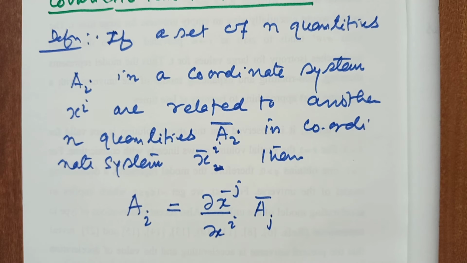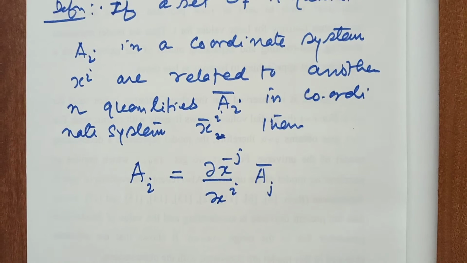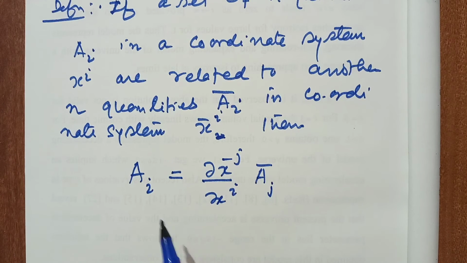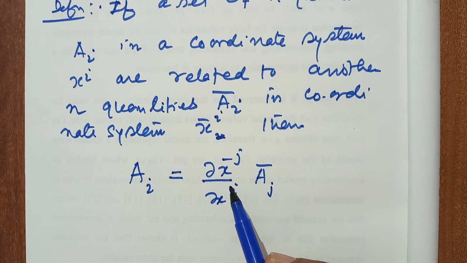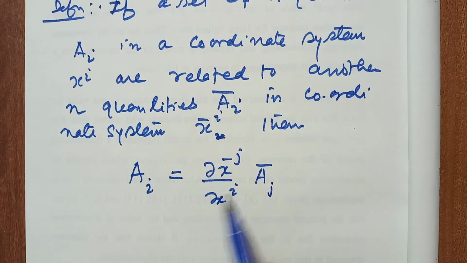Okay, means this is transformation from Vn to Vn bar. It is clear that here index i is in lower position, so on the right hand side also i is in lower position, and j is a dummy. So by definition of dummy suffix, you can take in place of j, k or b, c as you like. Okay, so this is the definition. Now if I want to transfer from Vn bar to Vn, okay, Vn bar to Vn. So how do we get Vn bar to Vn?